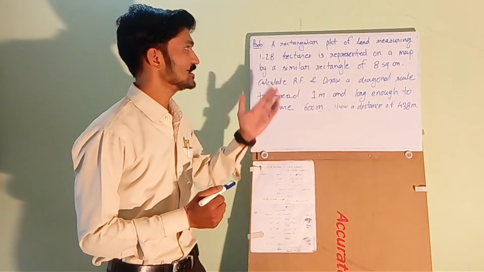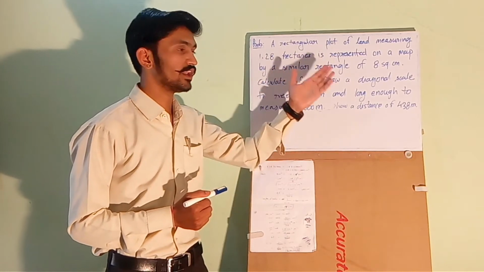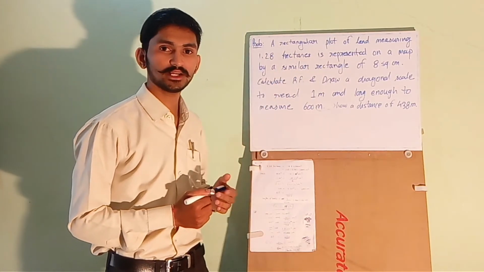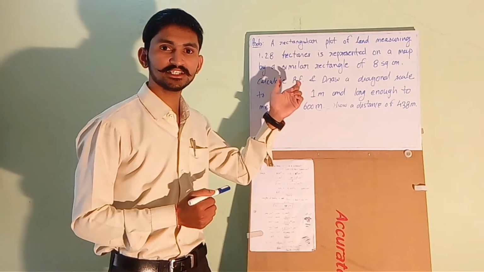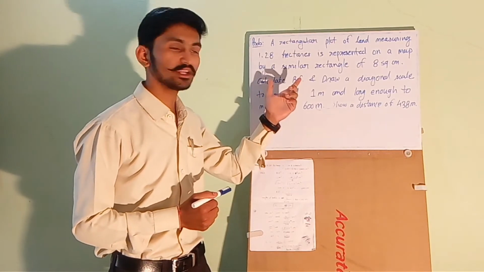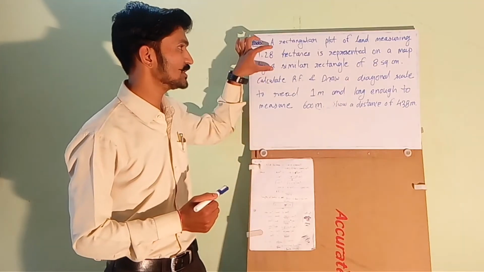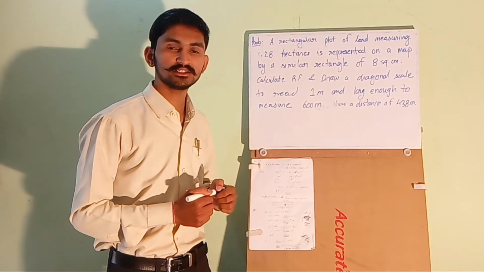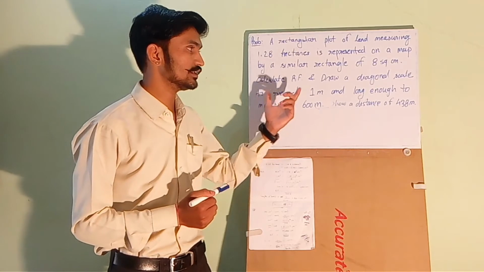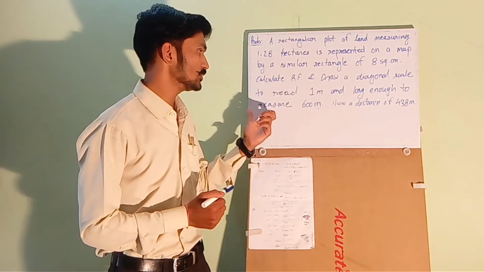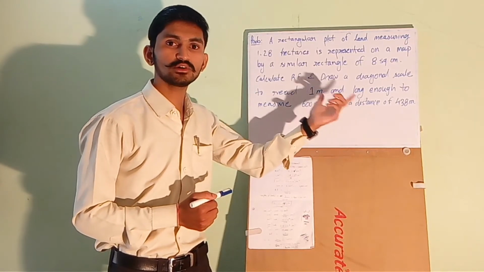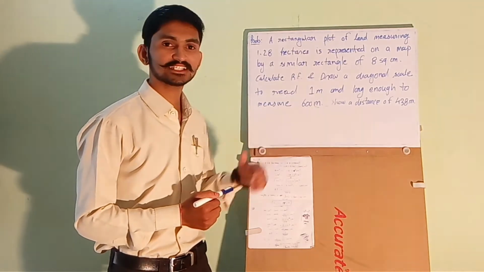So the question is, a rectangular plot of land measuring 1.28 hectares is represented on a map by a similar rectangle of 8 square centimeter. So from this line we can get data to calculate the RF. Calculate the RF and draw a diagonal scale to read 1 meter and long enough to measure up to 600